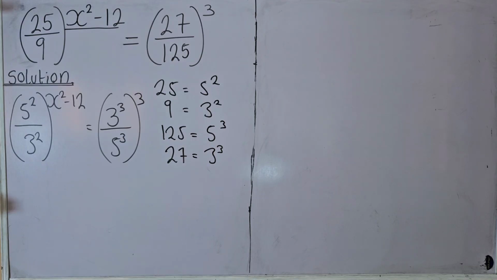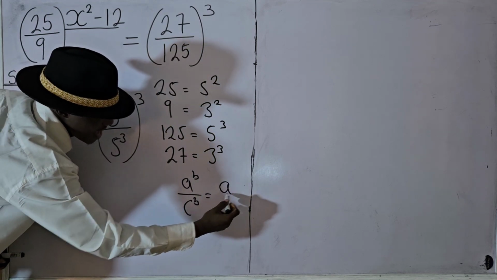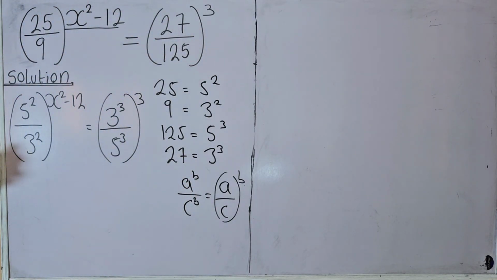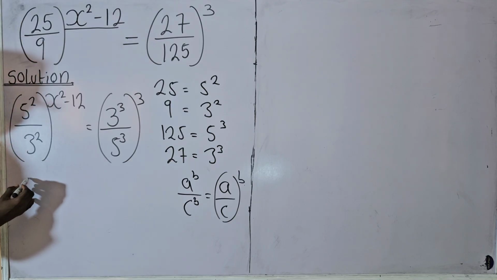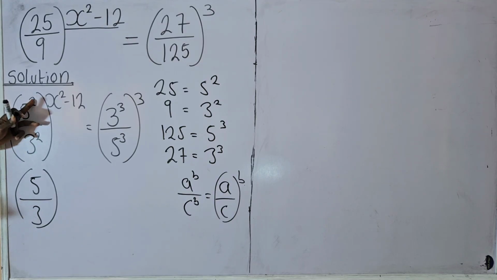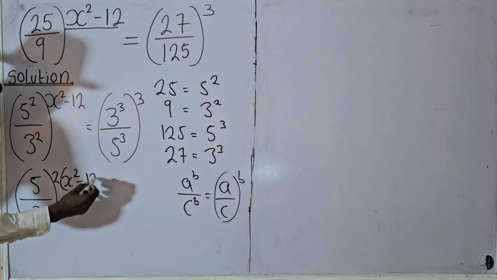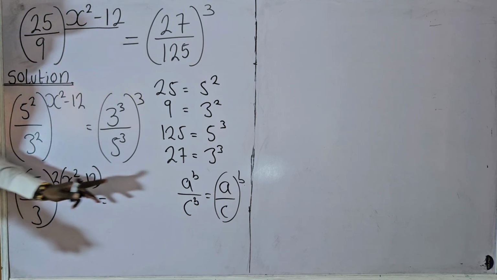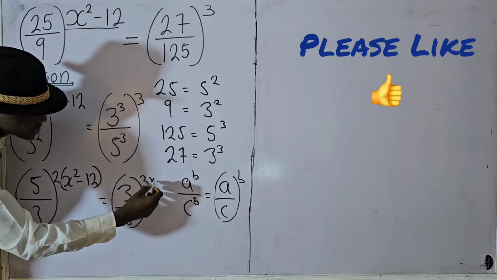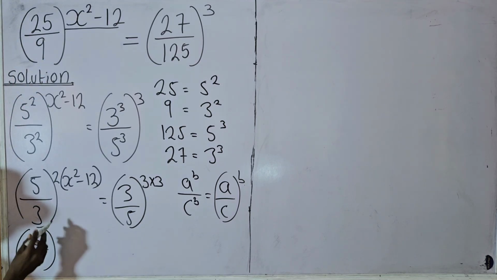Are you following? Okay, when you get to this point, using this law, if you have a raised to the power of b divided by c raised to the power of b, this can be written as (a over c) raised to the power of b, because the exponent is common to both the numerator and the denominator of the fraction, right? So I'm going to have 5 over 3, because the exponent of both the numerator and the denominator here is 2. So I'm going to have 2 here, and this 2 will be affecting x² and negative 12. Do you understand? I'm going to apply this law here as well. So I'm going to have 3 over 5 raised to the power of 3 times 3, right? Here I'm going to have 5 over 3 raised to the power of 2 times x²,